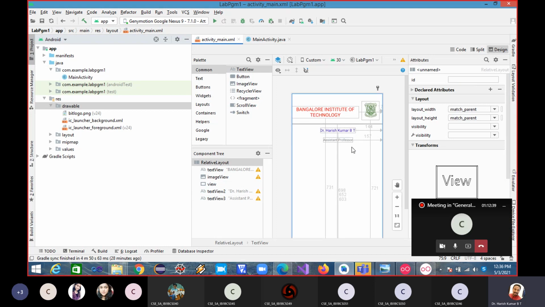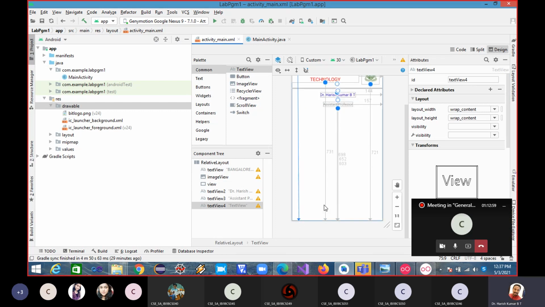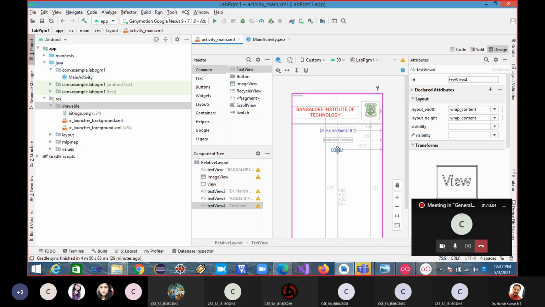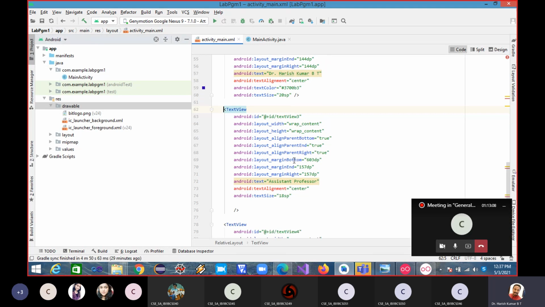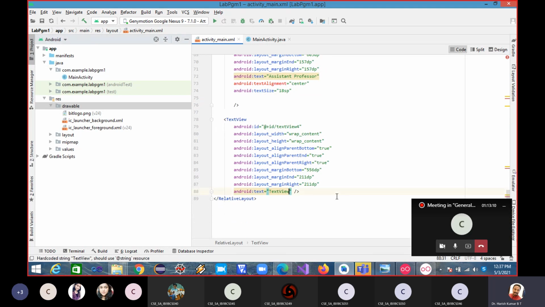Next, one more text view, where we'll display the phone number. I move back to the code. Now here in the text view,